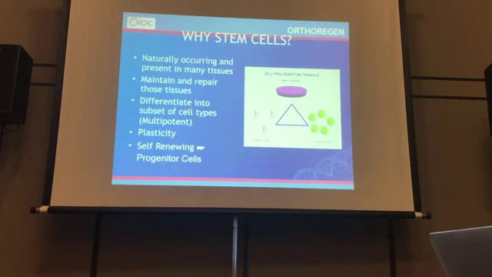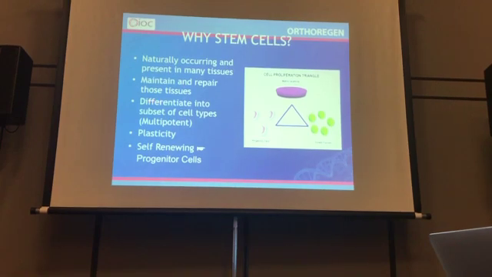They are naturally occurring, present in many tissues, and they do maintain and repair those tissues. And they have the capability of differentiating into a subset of cell types. Therefore, most of them are multipotent. And of course, they have the plasticity to turn a cell into another lineage. And they are self-renewing. When they replicate, they produce progenitor cells that will then produce the specialized differentiated